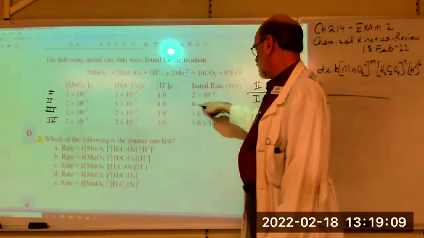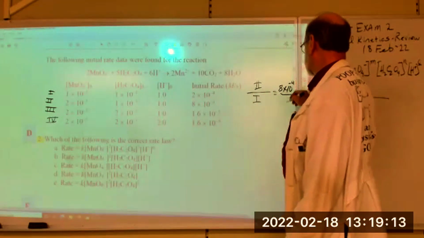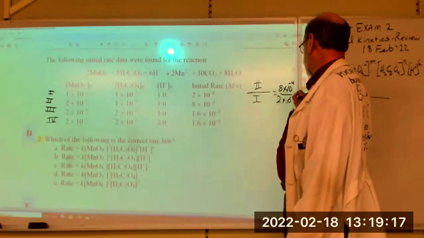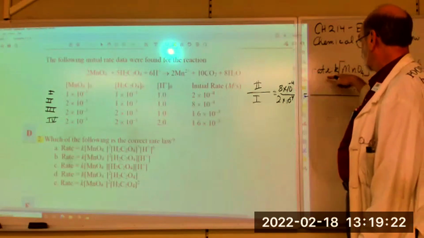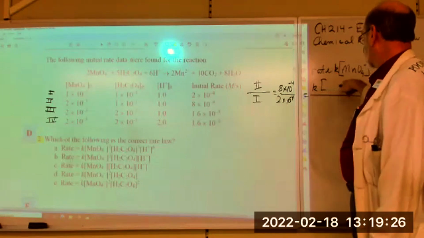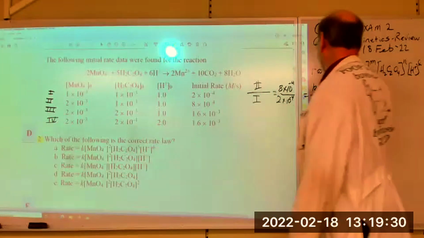What's the rate for 2? 8 times 10 to the minus 4. The rate for 1 is 2 times 10 to the minus 4. And then what is this one equal to? Well, it's equal to K times the concentration of this one, 2 times 10 to the minus 3,